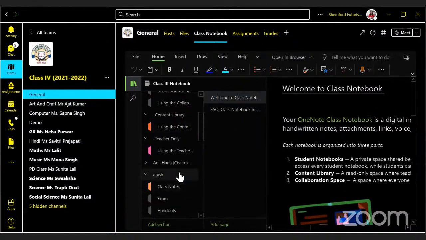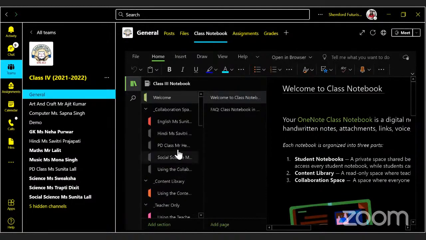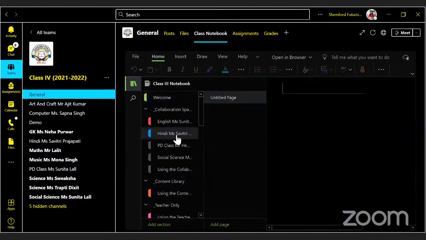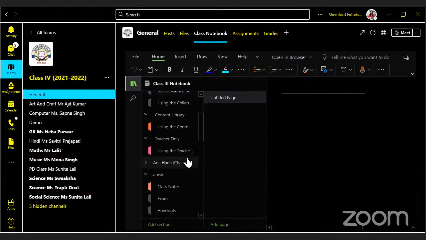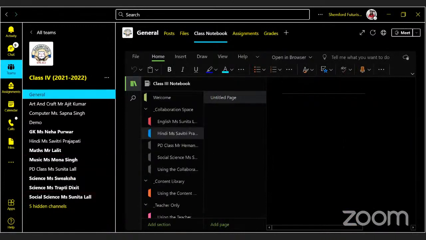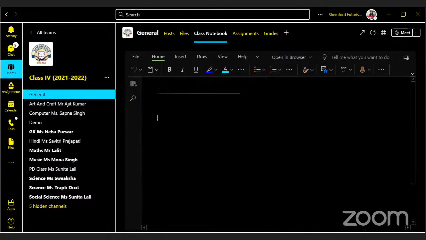Does the student have to type, or will he click a photo of his notebook? He can upload the notebook also. He can attach it. He can upload it, right? Images, PDF, whatever they want to do. Here, I'll just show you in some class. Maybe previous classes I have deleted. There I have created a new class. I have already checked various assignments over here too, right?